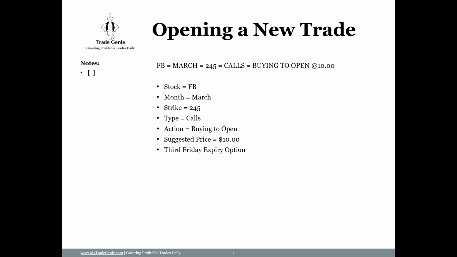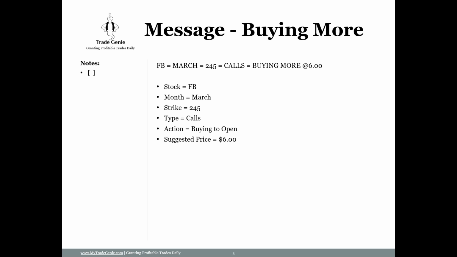So let's say we bought Facebook at 10, and if you like, you can set at 40% profit. So if you're buying at 10, your 40% target is $14 on option. But I don't do that. That's a default. So let's say default. If you didn't receive the green, yellow, and red target, you set your target at 40%, so it's $14.